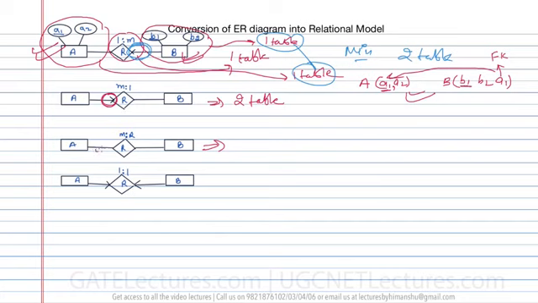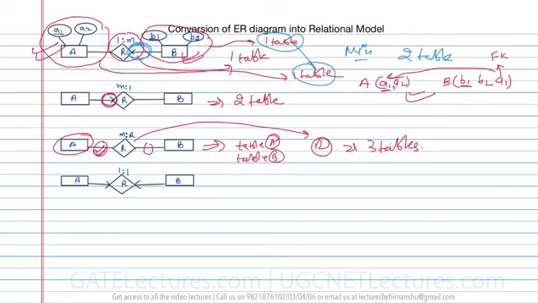because here it is many cardinality, here it is many, or you can say maximum cardinality is more than 1 on both sides. On both sides we are not having any key constraints. For this reason, we have to create a table for entity A, we have to create a table for entity B, and we have to create a table for the relation R. So at least 3 tables are required, because there is no key constraint.